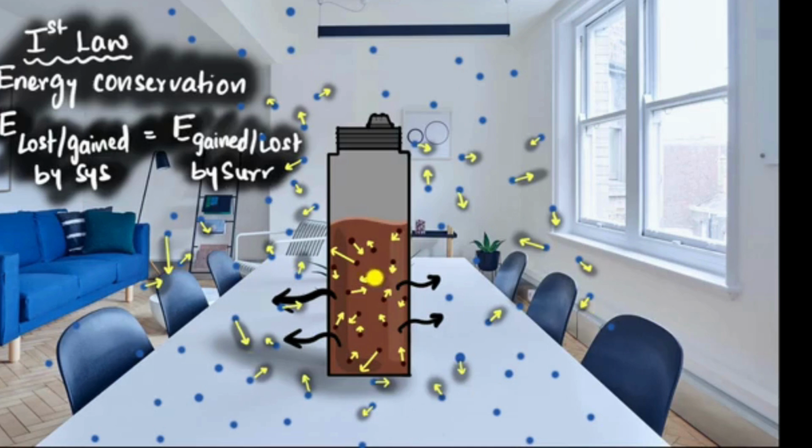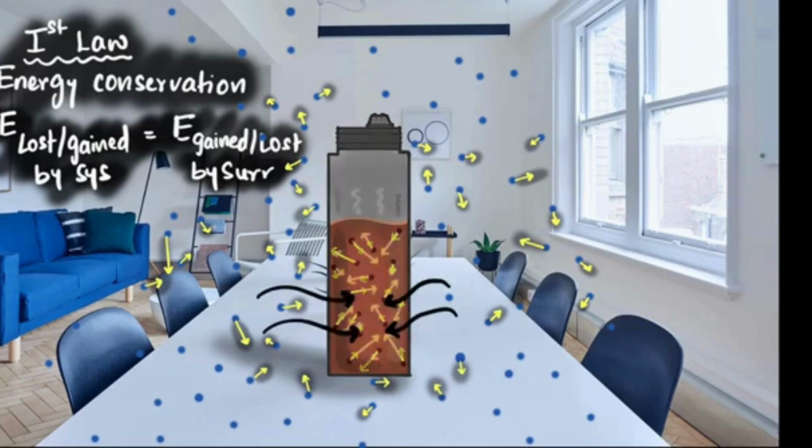All right, now that brings us to our main question. If you have a high temperature system like our hot coffee, it can automatically cool down by transferring energy to its surrounding. Why can't the reverse happen? Why can't energy go from the surrounding to our room temperature system and increase its temperature? The question to really ponder upon is, does this violate the first law of thermodynamics? Why don't you pause the video and just think about it?